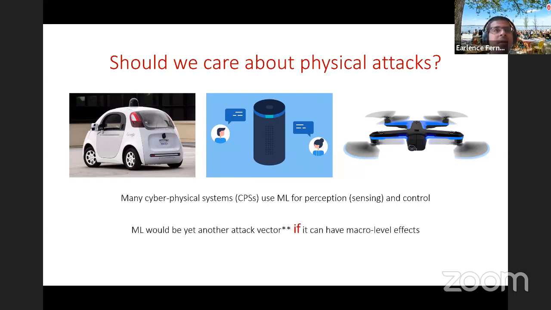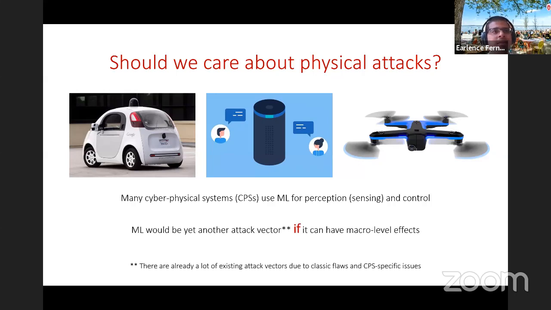And so, the second part to answering this question is we should be concerned about this only if these adversarial examples will have macro level effects. Okay, and I put a double star here because, from a cyber physical systems perspective, machine learning is not the first vulnerability we have ever thought about for these systems. In the computer security world and the CPS world, we have many other kinds of vulnerabilities that do have end-to-end effects that we have looked at before.